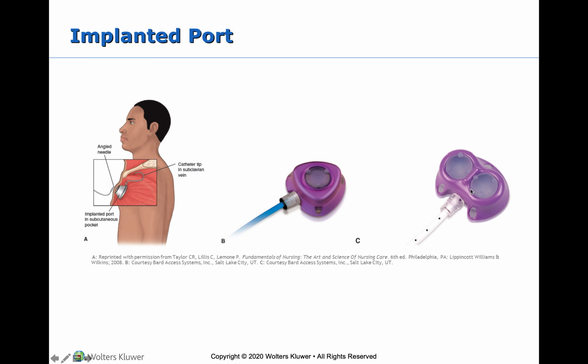So here's 2 different versions. This one can be accessed in one site. This one has 2 different accesses, so if they're administering 2 different medications at once. And most of the time, patients will prefer that you draw their blood from the port, because a lot of times the reason that they have a port is because they are a tough draw. And it's just easier rather than being poked a million times trying to get blood out of a peripheral vein. They get poked once in their port and it's good to go. So there's less error with port draws than